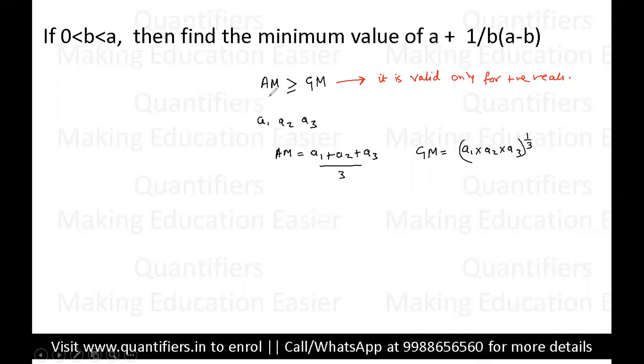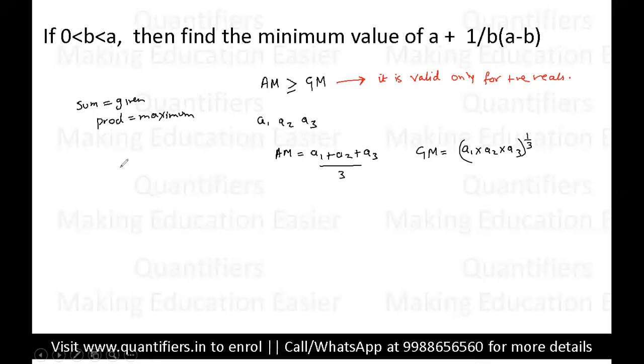Now, most important condition, how will you come to know whether you have to apply this property or not? See, most of the times what will happen, the sum will be given to you, right? And they will ask you to maximize the product. So whenever the question is based on AM/GM, they will give you the sum and they will ask you to maximize the product. Maximum product will be asked.